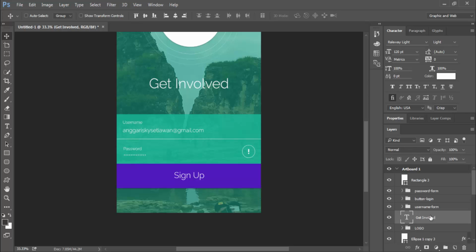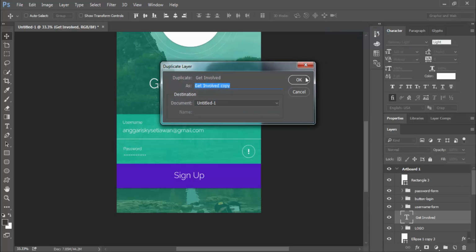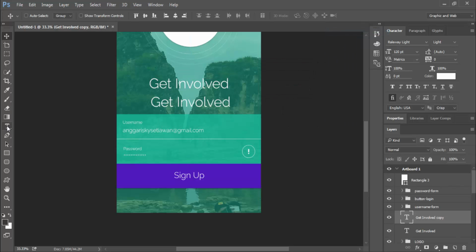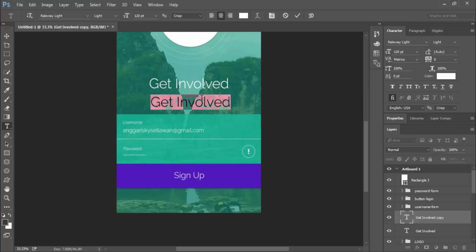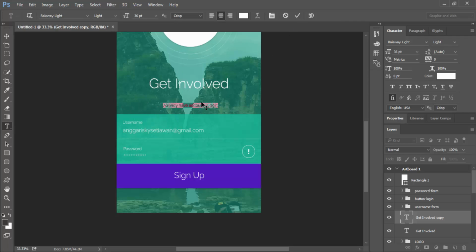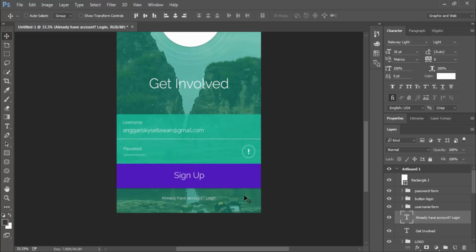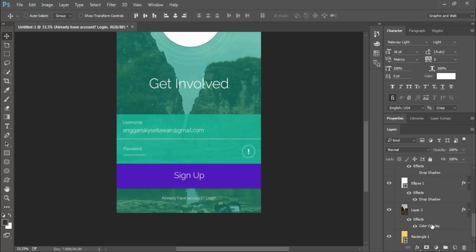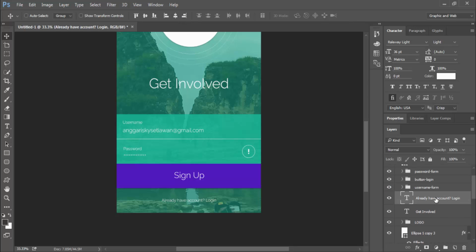We can duplicate the get info part, duplicate, and edit the text to Login and change the font size and make it centered. Okay guys.